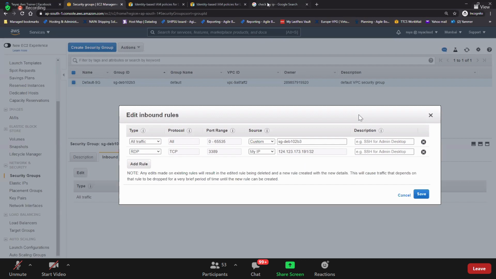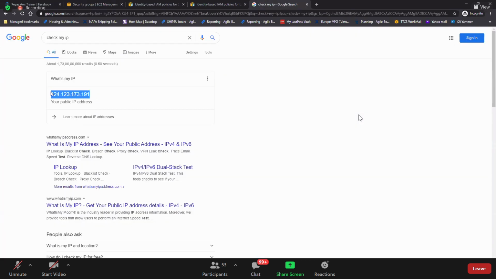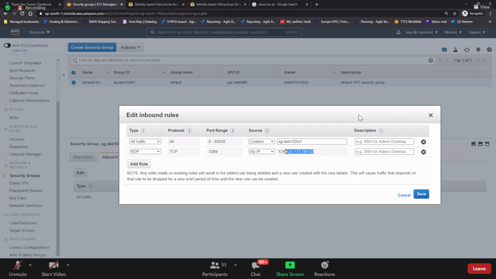Can you tell me, whatever IP the ISP provider is giving to me, is it static or dynamic? Dynamic. So remember, if you are not able to connect to the machine, what is the culprit? What is the thing that you need to check? First, security groups. In security group, check that your IP might have changed. Just select again, and this will be loaded again.